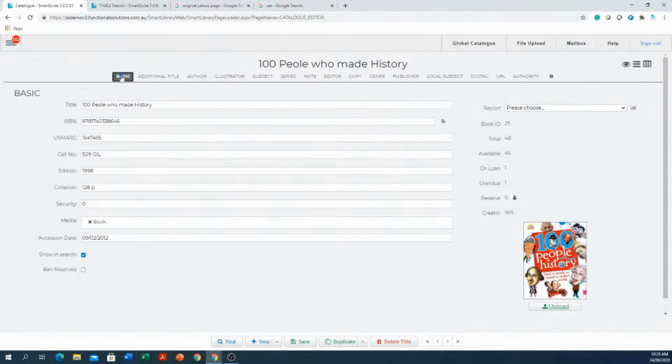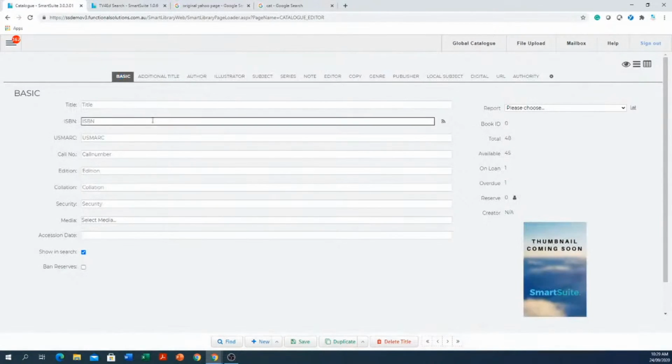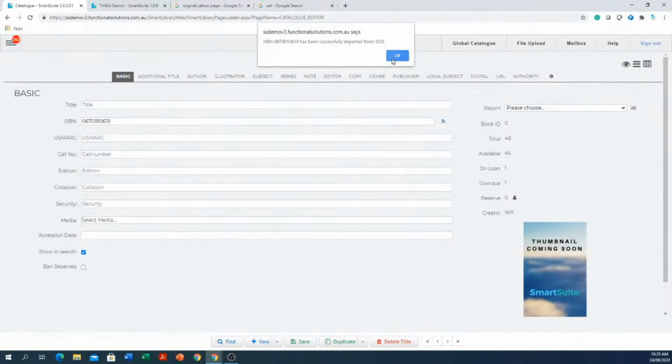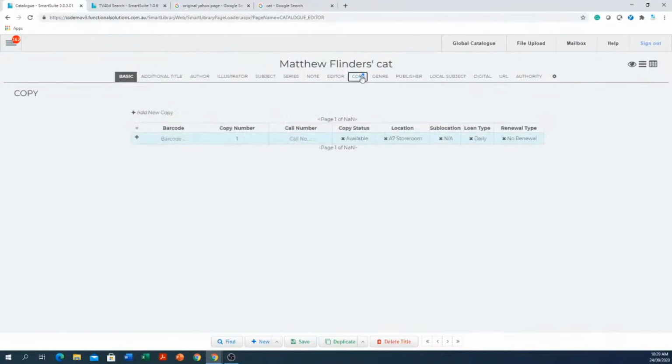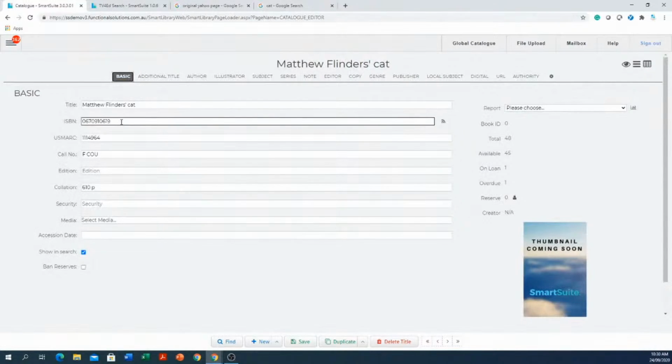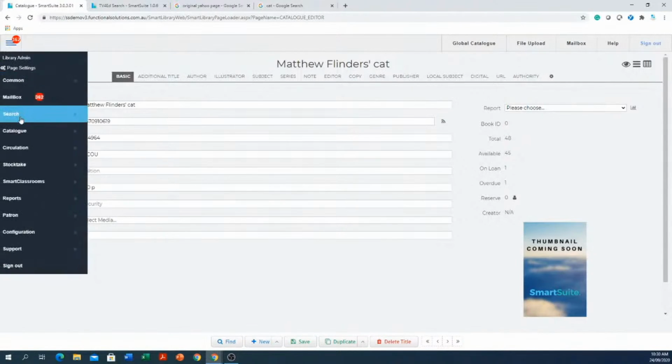But now we come to SCIS. How do I SCIS catalog? Well, I showed you how to do just one book. If you've got 3 books or 5 books, there's nothing stopping you from going new, zap in your ISBN number, click on that button, the record's been imported, and then just go into the copy, put in the barcode, location, sublocation, save, and then go back into new, put in the ISBN number, and do the same thing, and the same thing, and the same thing. Long-winded way, but if you want to SCIS catalog,